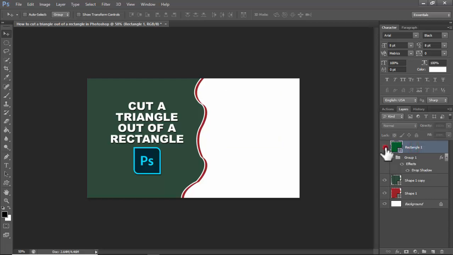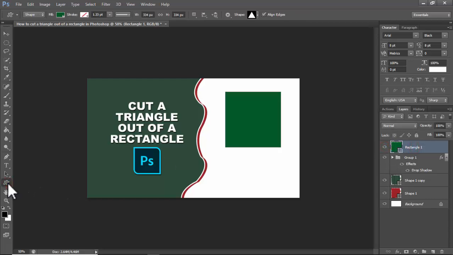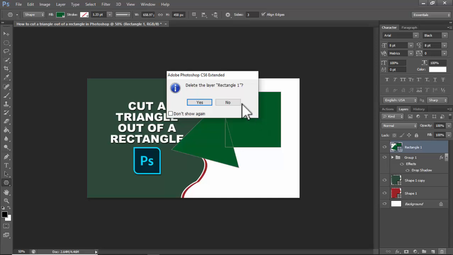In this video, how to cut a triangle out of a rectangle in Photoshop. Let's begin. I already inserted this rectangle. Then click the shape tool. You can use the polygon tool and use sides 3, or insert a rectangle, or the best way: